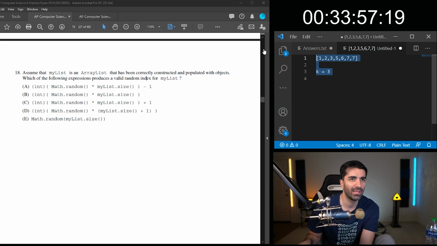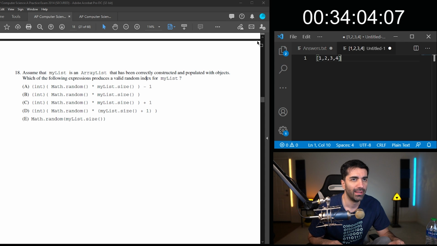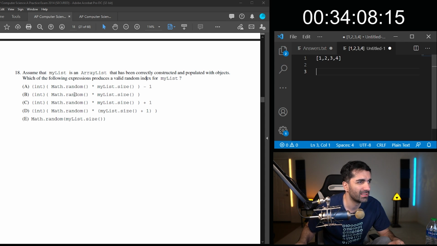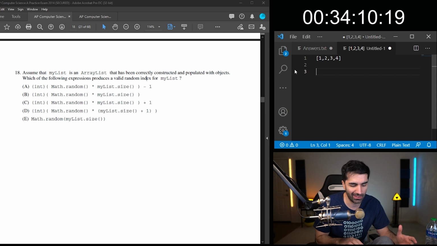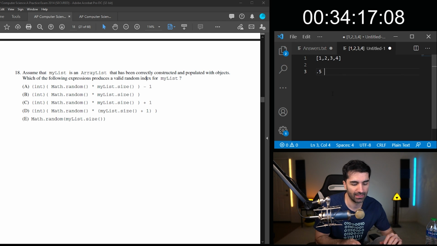So let's say we have a list that's 4 elements. Then what we'd want to do is we'd say we get math.random and that returns like 0.5. We would want to multiply that by, would it be the size?